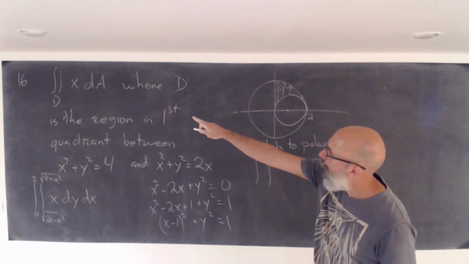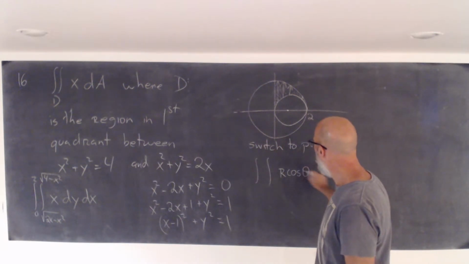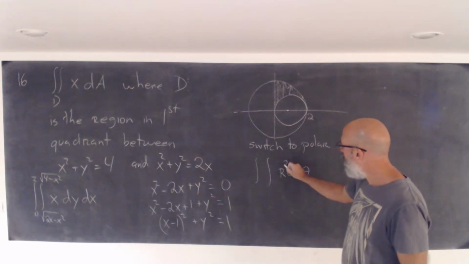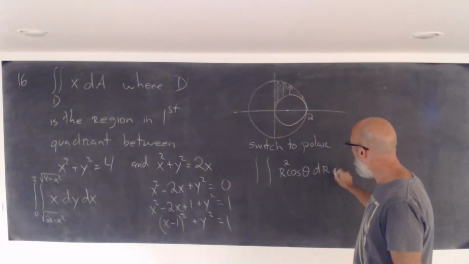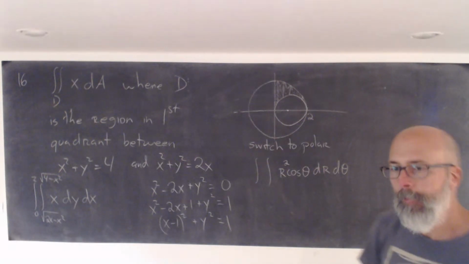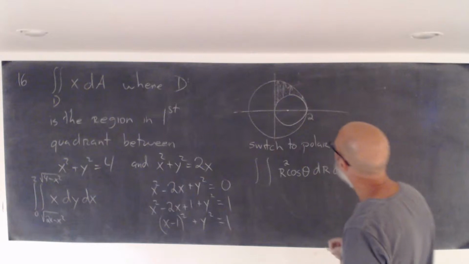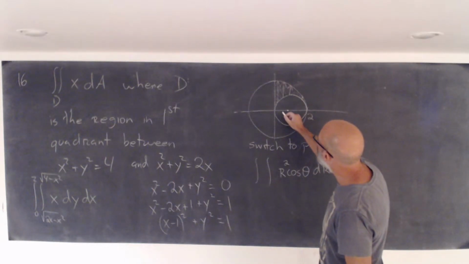The integrand, x, is r cos theta, Jacobian r dr d theta. How does r vary? R goes from